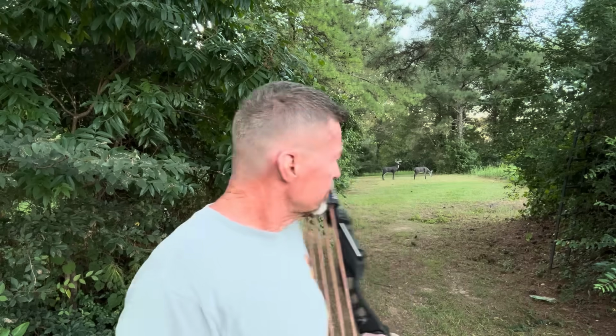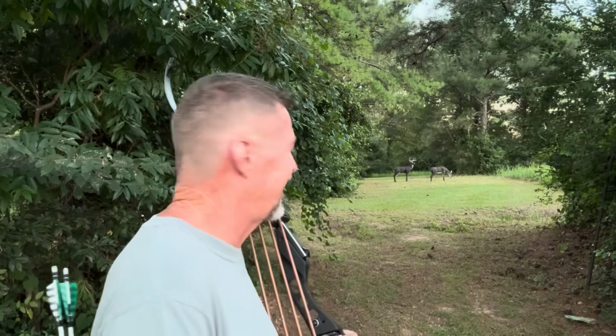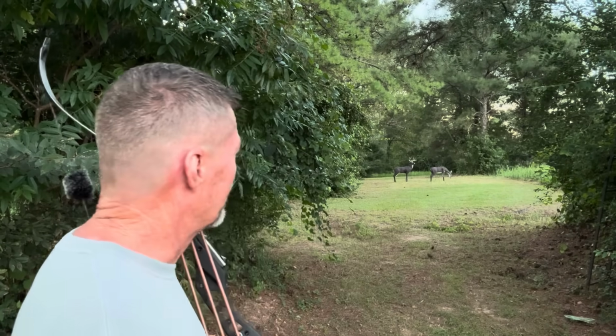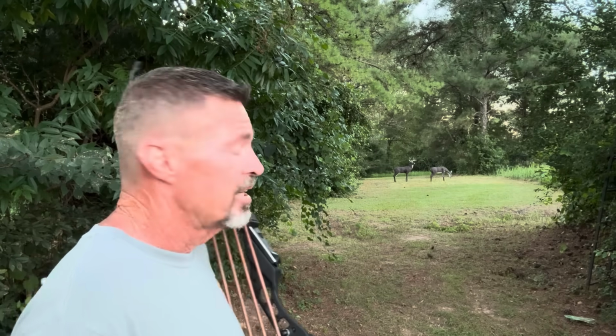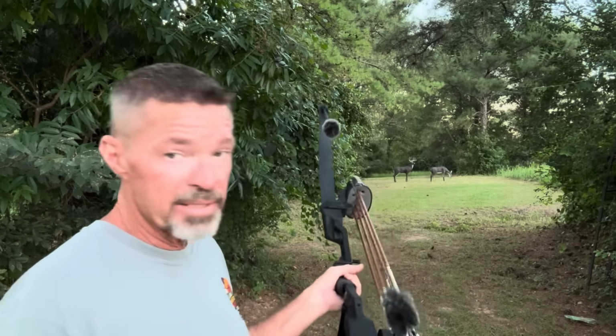Bam! I'm talking in the pocket. It is in the pocket. I mean, it's in the pocket. From here, I'm telling you, it looks like I wouldn't shoot a deer that far. I would not ethically do that, but I like shooting targets like that. And I'm telling you, with this kind of bow,